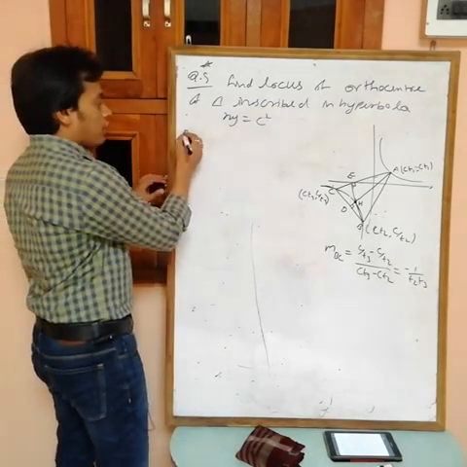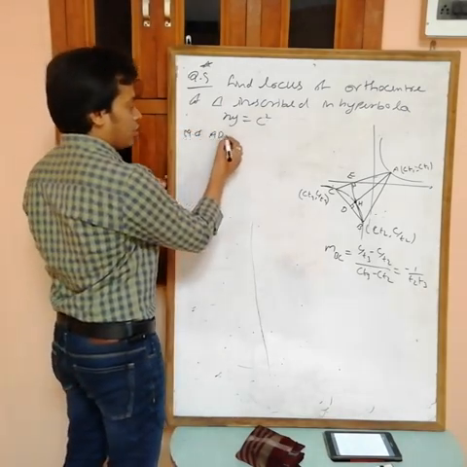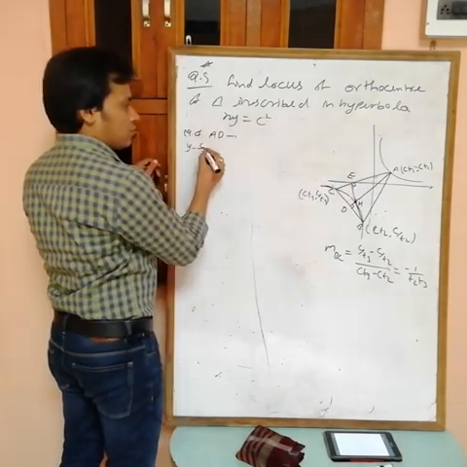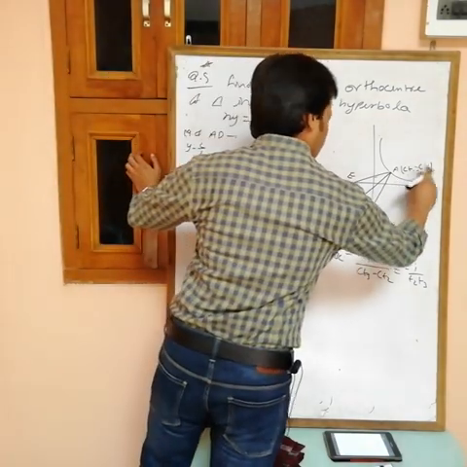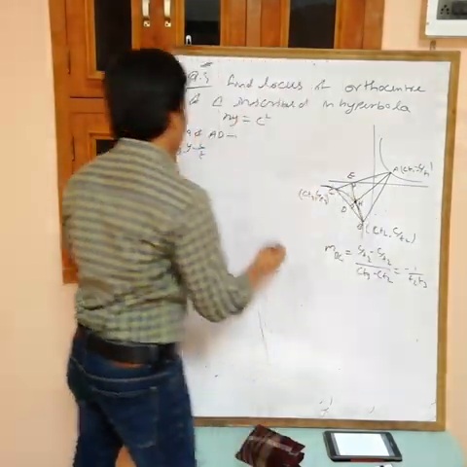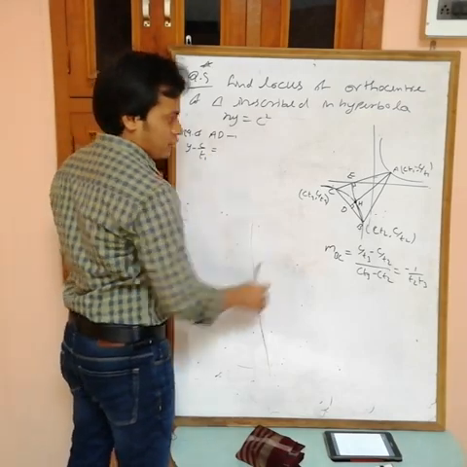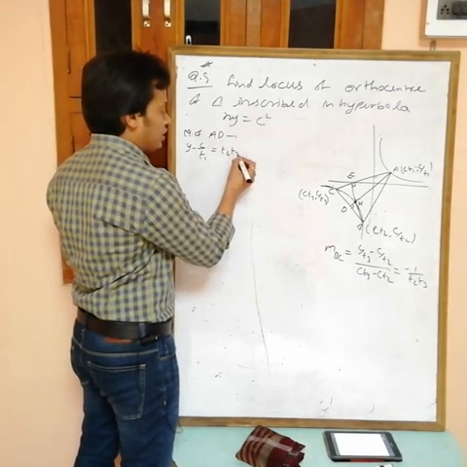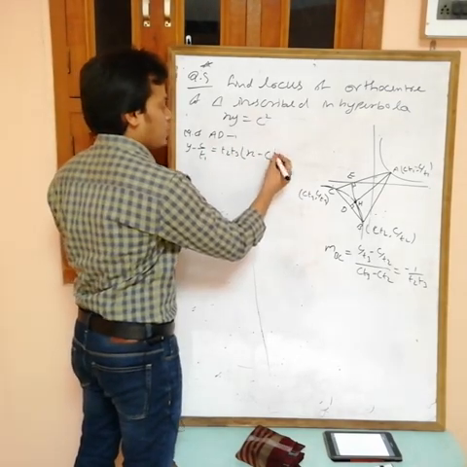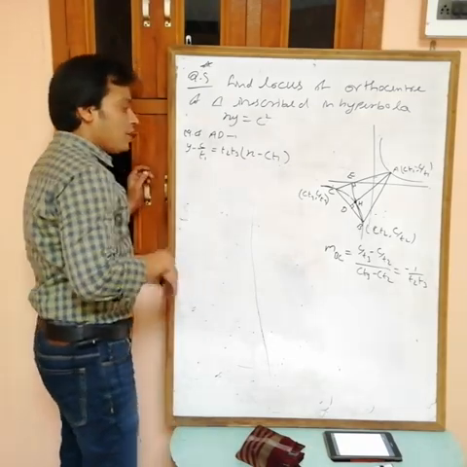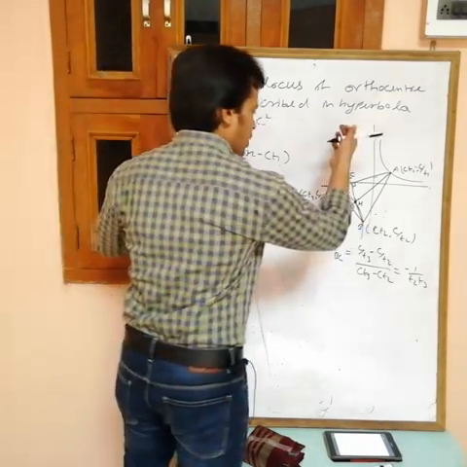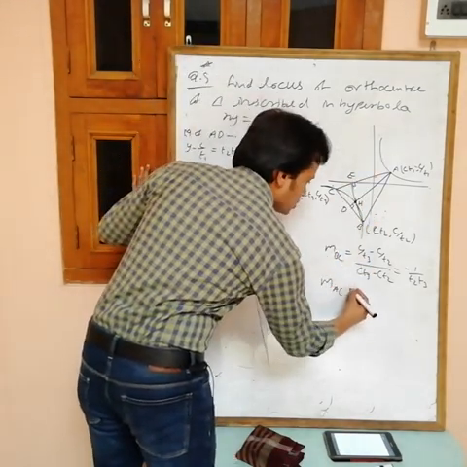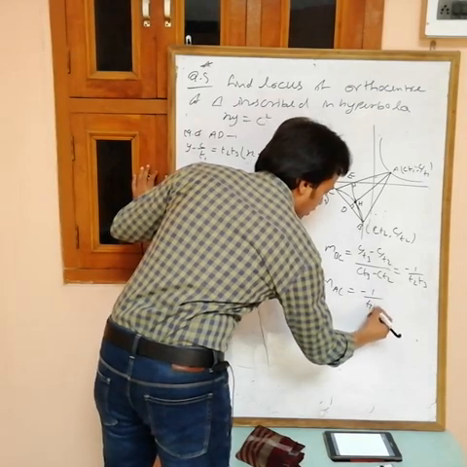So the equation of AD is y minus y1, the point is this one, C by T1. Y minus y1 equals M. The slope of BC is minus 1 by T2 T3, then the slope of AD is T2 T3, into x minus x1, where x1 is CT1. Now again write the equation of BE. The equation of B, the point is this one. Now you want the slope of AC. If you find the slope of AC, similarly what you will get? Minus 1 by T1 T3.